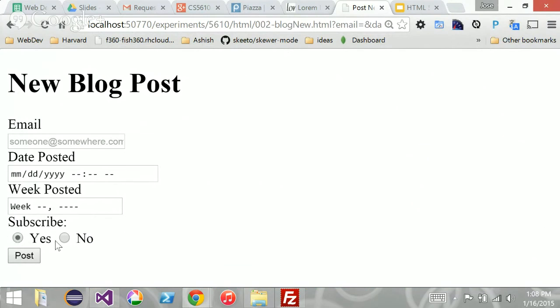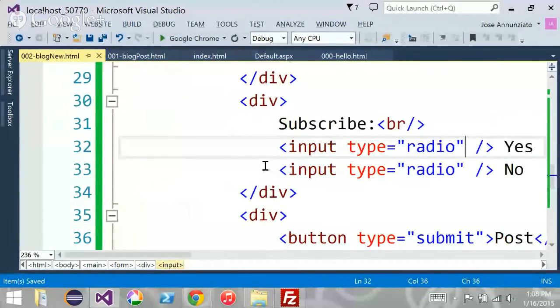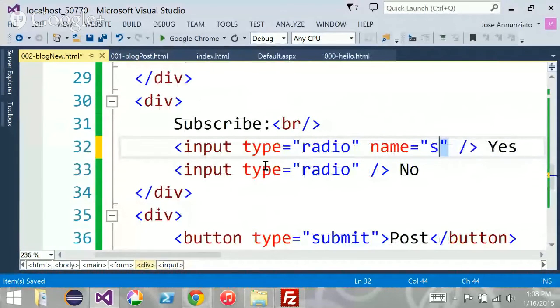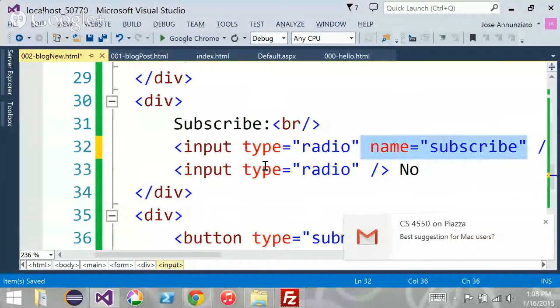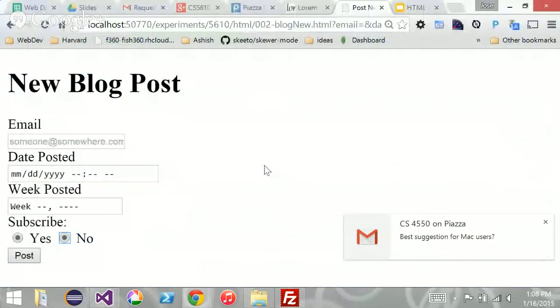If I click yes and I click no, they're not mutually exclusive. To make them mutually exclusive, you have to give them names. So you say, for instance, the name would be subscribe, and you have to use the same name. Now that it's the same name, it knows that they're part of the same data and that they're mutually exclusive. So if I refresh this